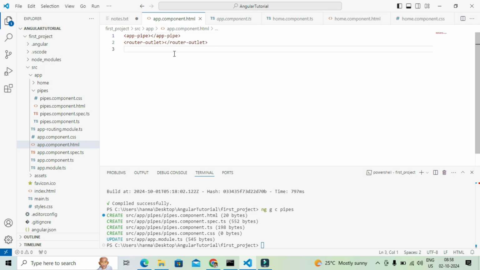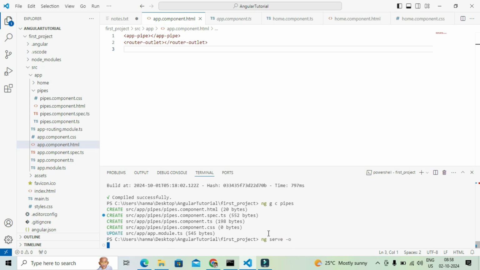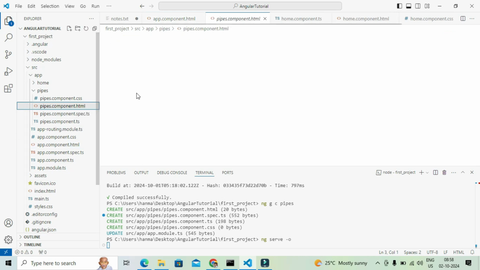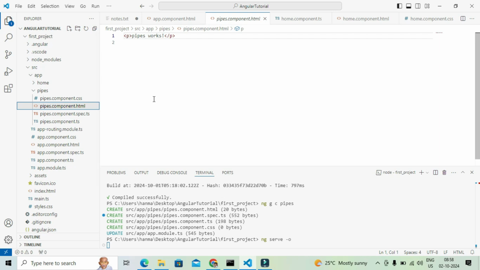Now save this file and run ng serve -o. When I run the application, the pipe component will be printed, and that text will be like pipe works.